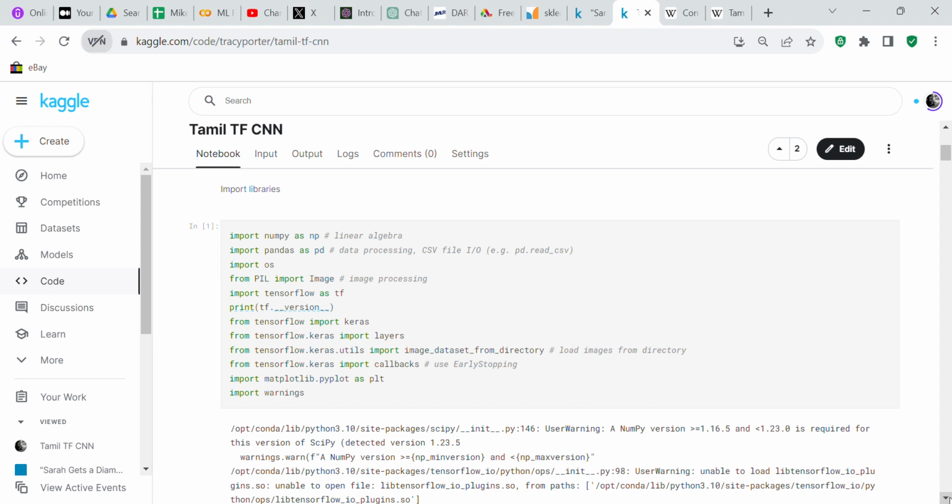From tensorflow.keras.utils, we're going to import image_dataset_from_directory. We're going to import from tensorflow.keras callbacks. That's useful when you train the model. We're going to import matplotlib.pyplot as plt. That enables you to visualize the data, and then we're going to import warnings so we don't have to